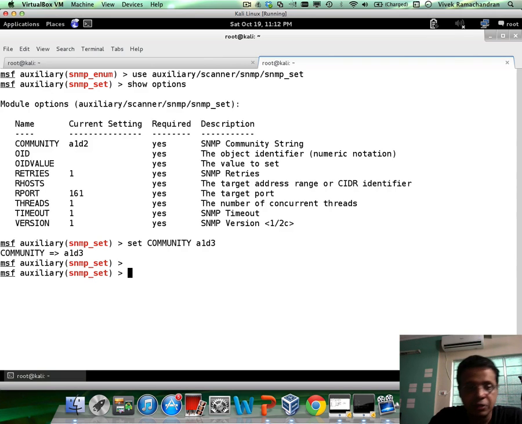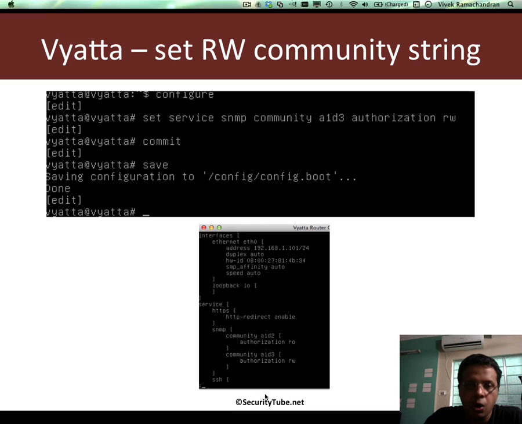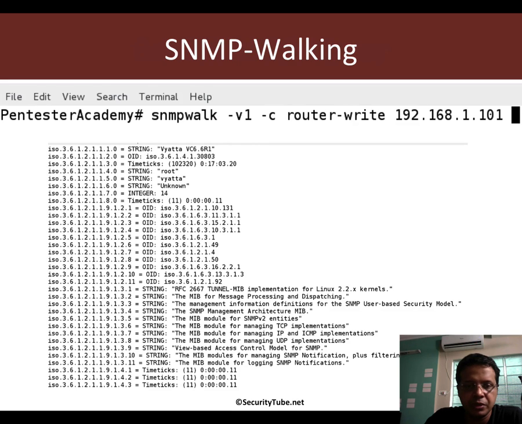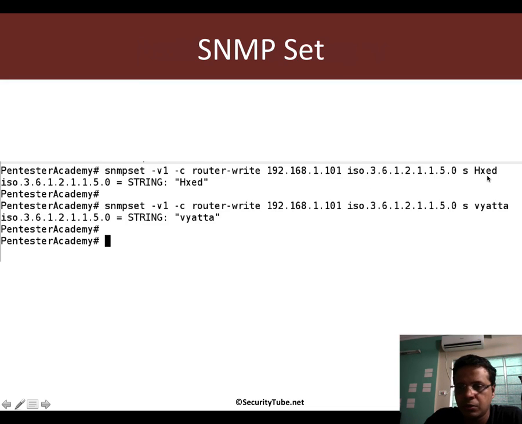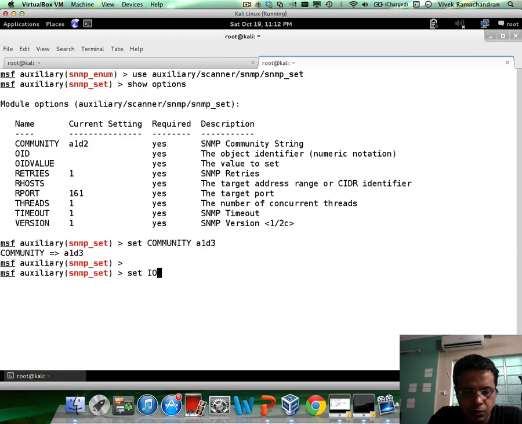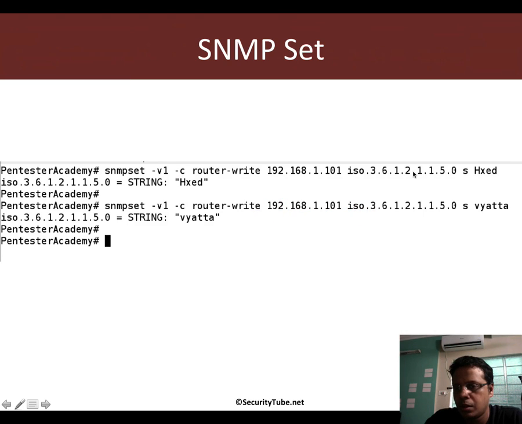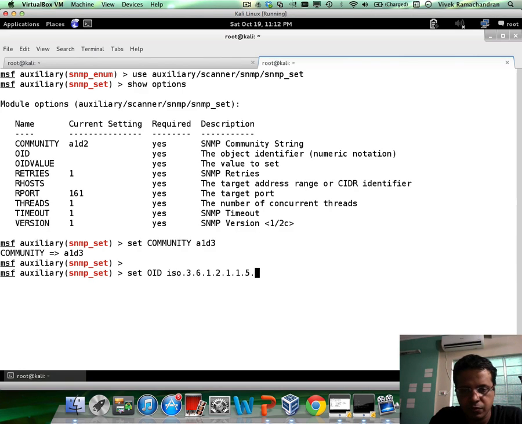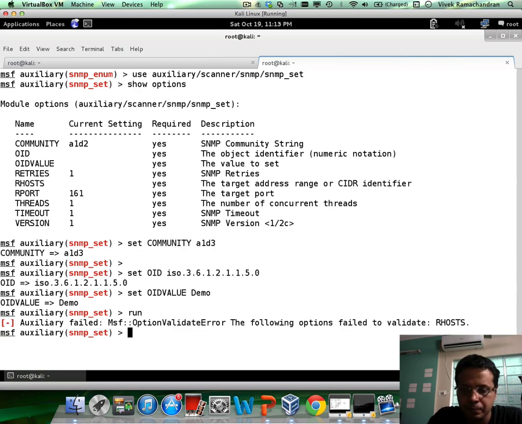and the OID value. So if you remember when we had done the whole SNMP walk in the previous case, let me go back to the slides from the previous video, right? We had found out all these little interesting values in here like ISO 3612.1150, and that was Vyatta, which we had finally changed to hacked. So I'm going to use the same one, ISO 3612. So set OID to ISO 3612.1150 and set OID value, let's say to demo, and let's run this,